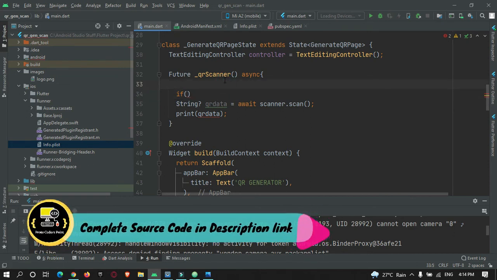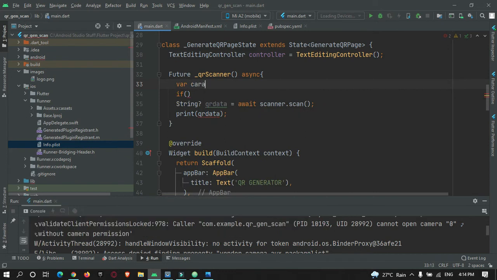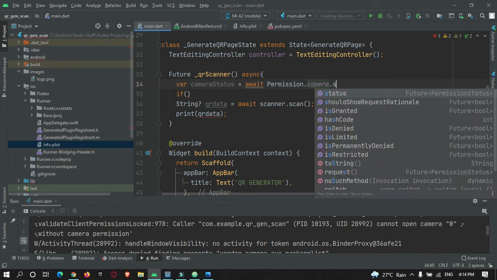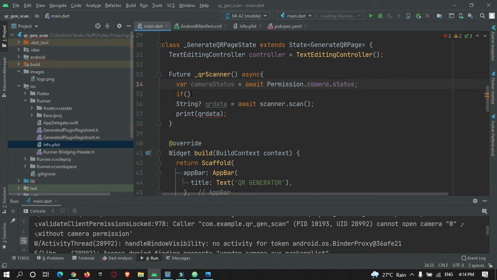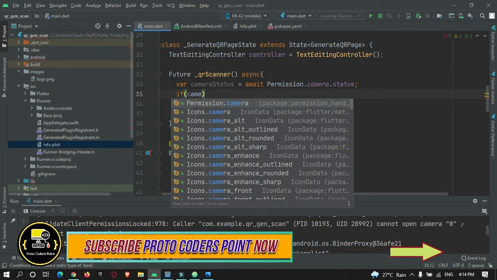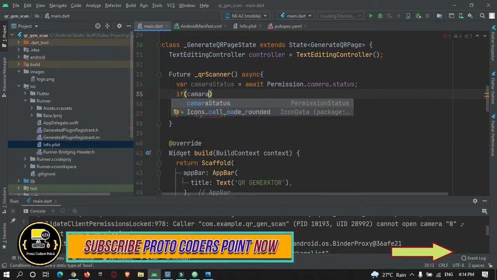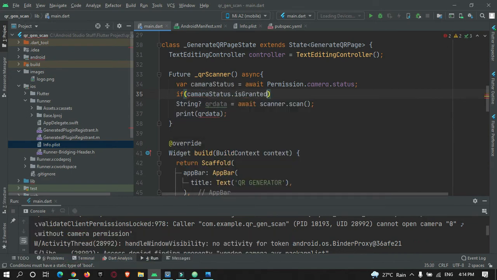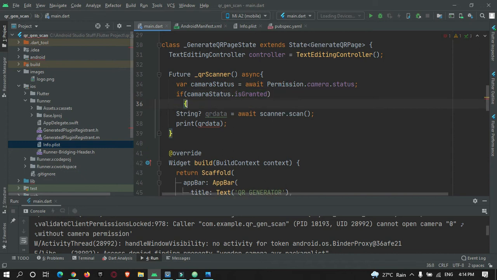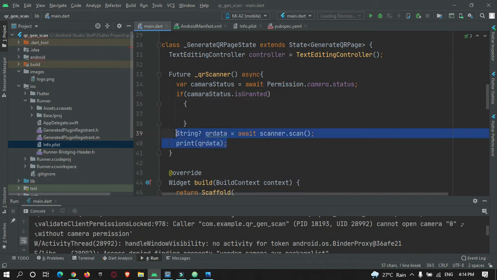For that we will create a variable, first of all cameraStatus, is equal to await Permission.camera.status. Then, if cameraStatus.isGranted, you can directly open the camera to scan the QR code.